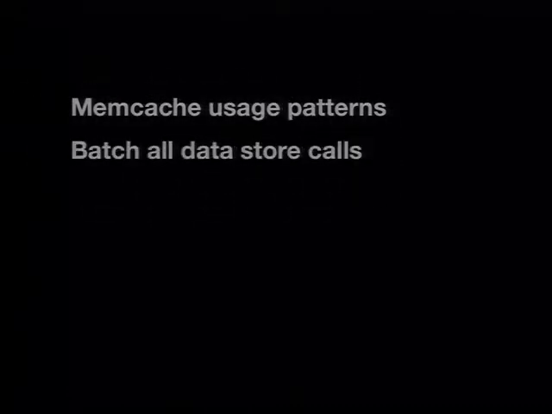But if you have predictable sequential access, for example, in the case of the walk score queue, we know that we're going to pull out those queue items in order. Our calculator code is going to request them in a certain order. So our calculator talks to App Engine, and it requests 50 items at a time from the queue. But on the App Engine side, we actually pull out a full 1,000 items from our queue, put that entire list in the Memcache, and that obviously cuts down substantially on the number of data store accesses we need to make. So think about Memcache usage patterns. Batch all of your data store calls. This went a long way for us to scaling outward.